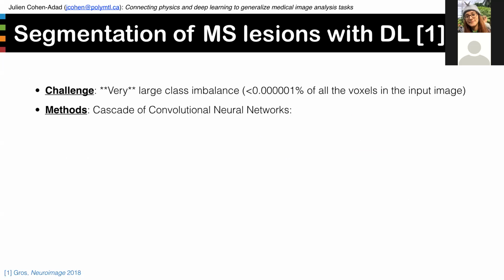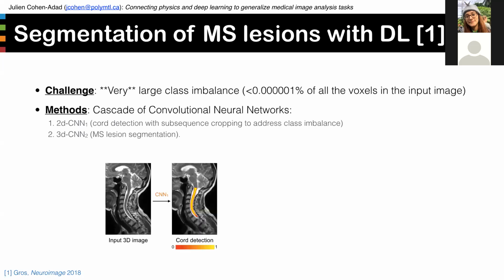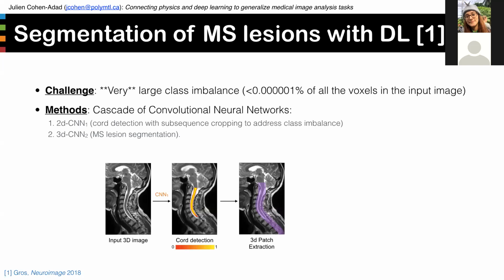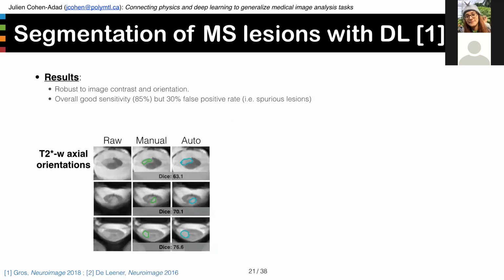So in this method, we proposed a cascade of convolutional neural networks. The first CNN detects the spinal cord, so we can crop around it. And then there's a second CNN that takes care of the MS lesion segmentation in the vicinity of the spinal cord. So this algorithm has been implemented in Python, and results show robust